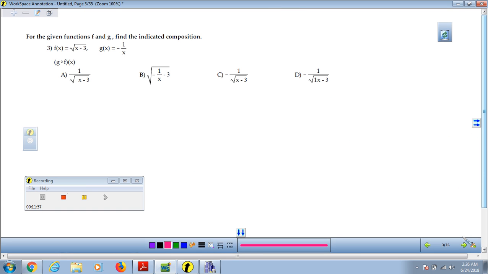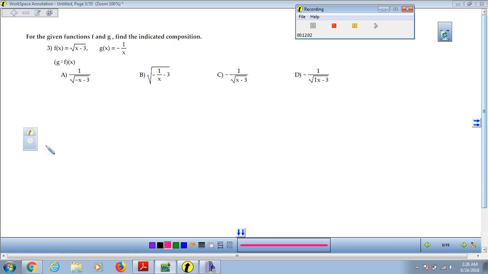Question 3, for the given functions f and g, find the indicated composition. Okay, now here it is, the other concept that I was talking to you about right now. Composition. Look at the way they're presenting the composition, or how you are supposed to perform it. This says that we are going to substitute f of x